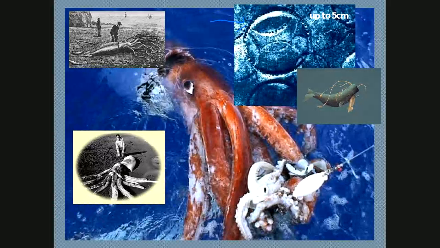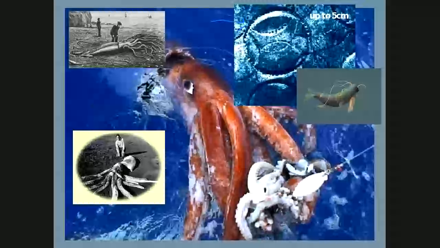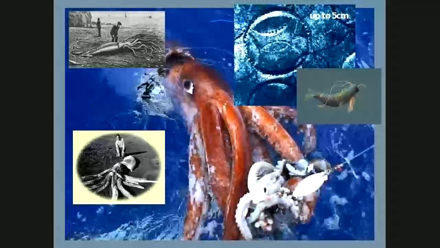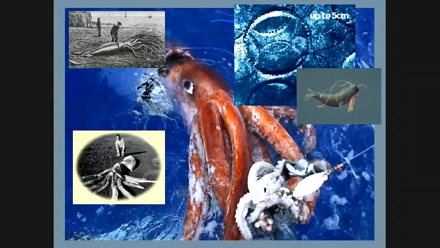Well, before we even saw the squid alive, which was just recently, that picture in the middle was a picture of a giant squid just taken not too long ago, we would see these sucker scars from the hooks on the suckers that I was talking about, and they were 5 centimeters in diameter, which gave us an indication these animals were somewhere 20, 30, 40 feet long. Now, we can estimate they get as long as 60 feet. So it makes you wonder what other types of deep sea critters are out there in the ocean that maybe we just haven't seen.